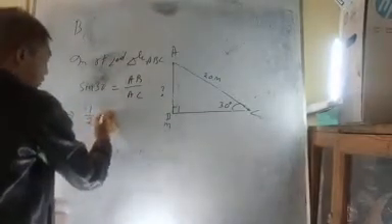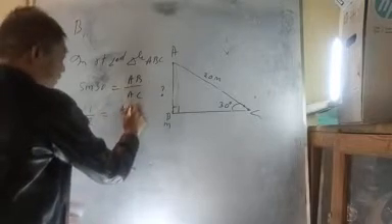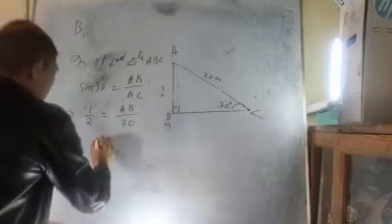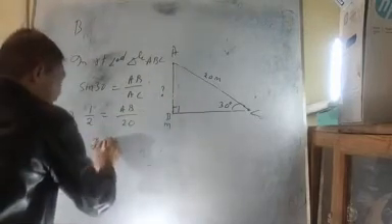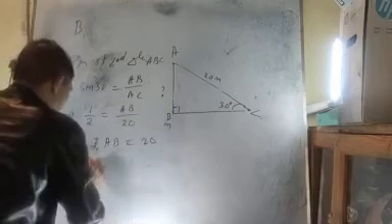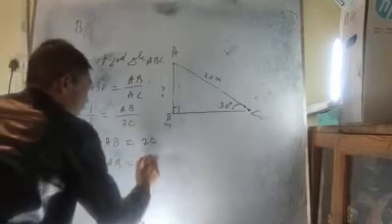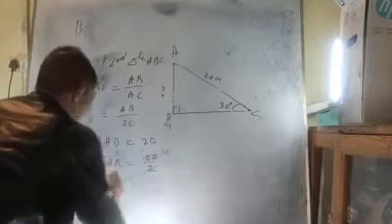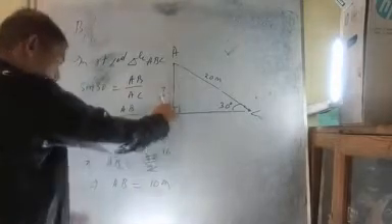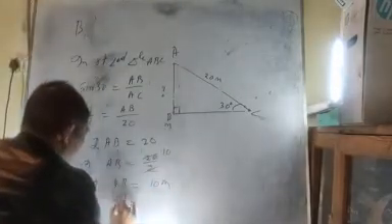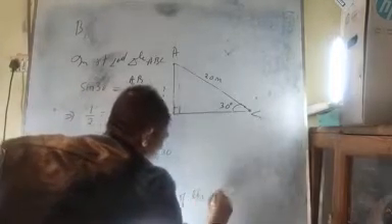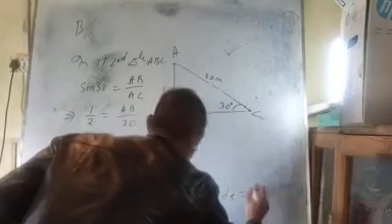I told you to memorize this. AB here is what we are going to find, and AC here is 20. Yes or no? So you cross multiply, just like class 3 or 4 standard students do. 2 into AB is 2AB, and 20 multiplied by 1 is 20. This implies AB equals 20/2. You cut it out, then AB is equal to 10 meters. So you write, therefore, the height of the pool is equal to